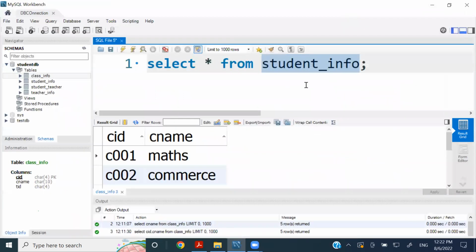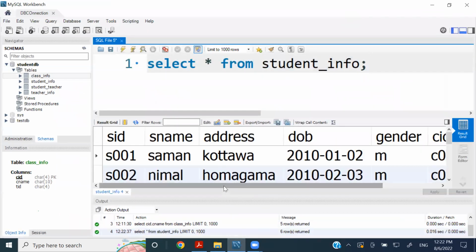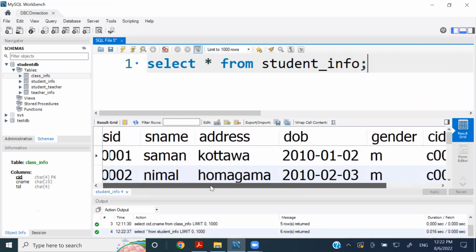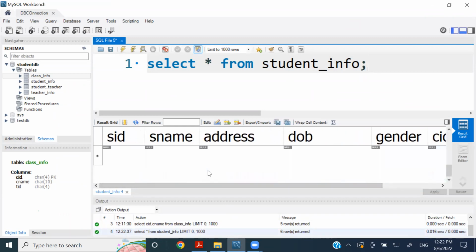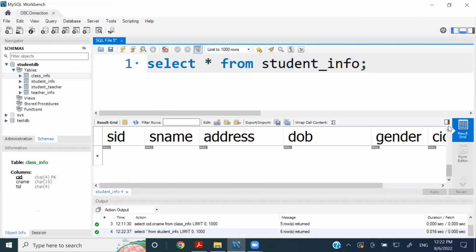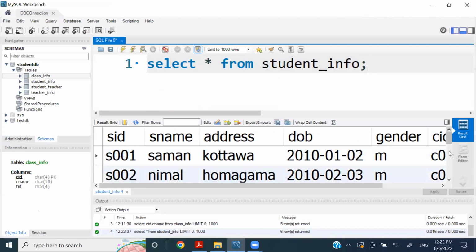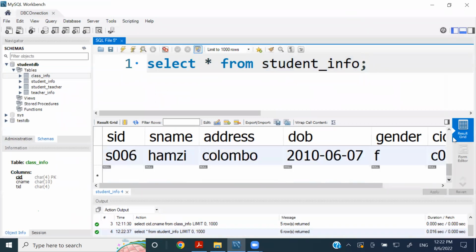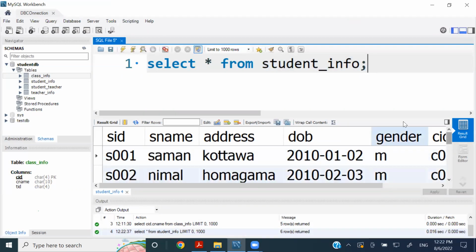You have to use the specific name. Once you have done this, if you run that, you can see all the details of all the students, right? So there it goes. So this should be your answer